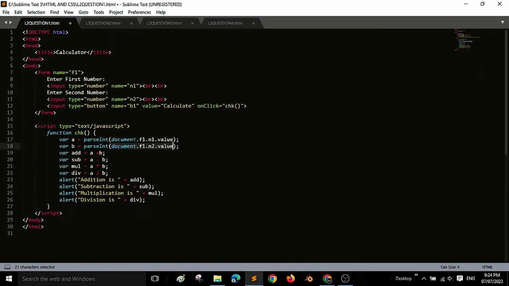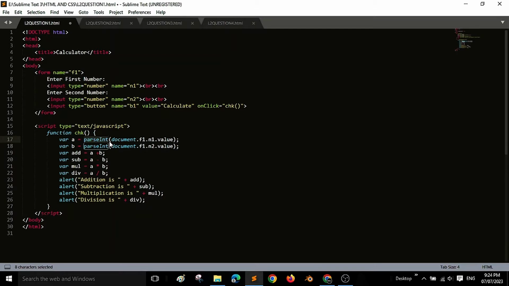These two will retrieve the values of enter first number and enter second number, or basically the values which the user will input here are retrieved to here, and then they are converted into integer using parseInt. Basically parseInt is useful for converting a value into an integer.